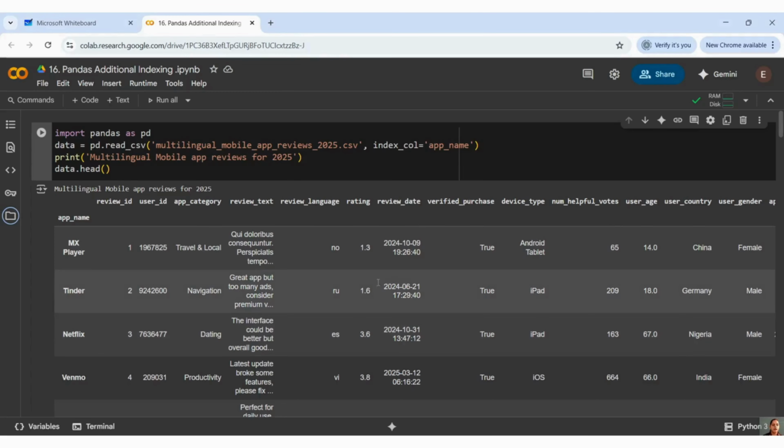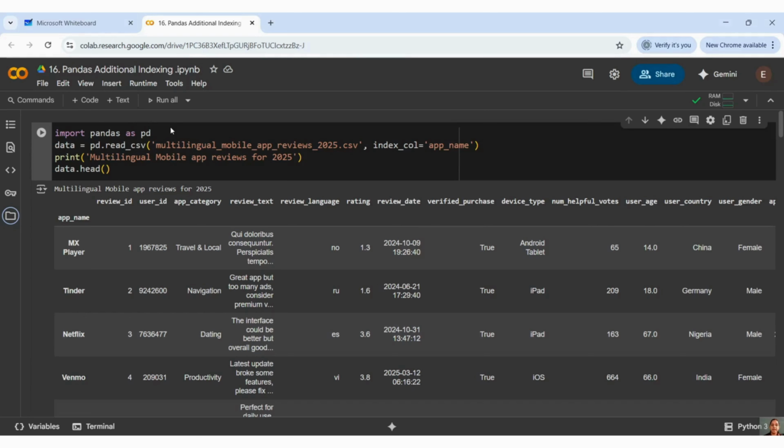Now we are going to learn about additional indexing parts which we have left away with pandas. We will talk about that and let us start with the talk. Now we will understand, guys, we have a few more additional indexing concepts, how to fetch index. So this is where I have loaded my index.